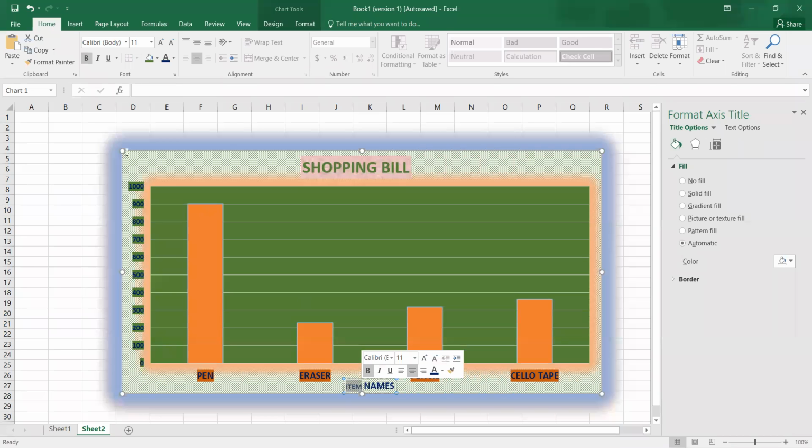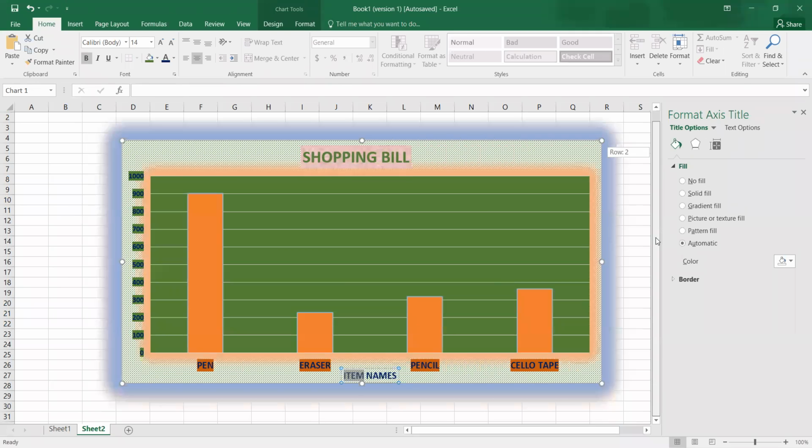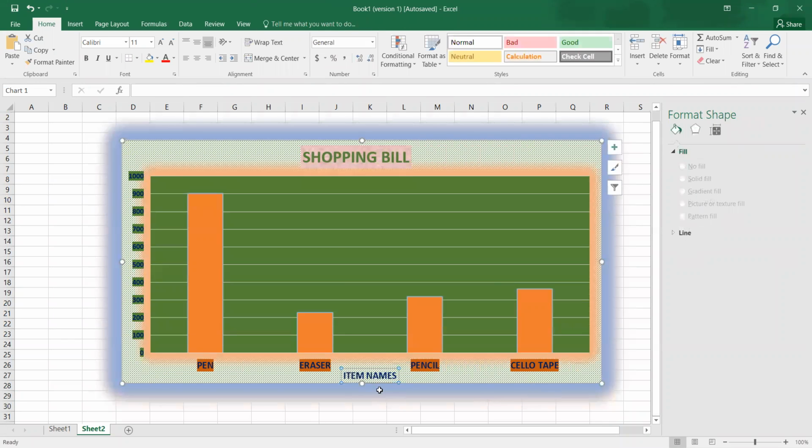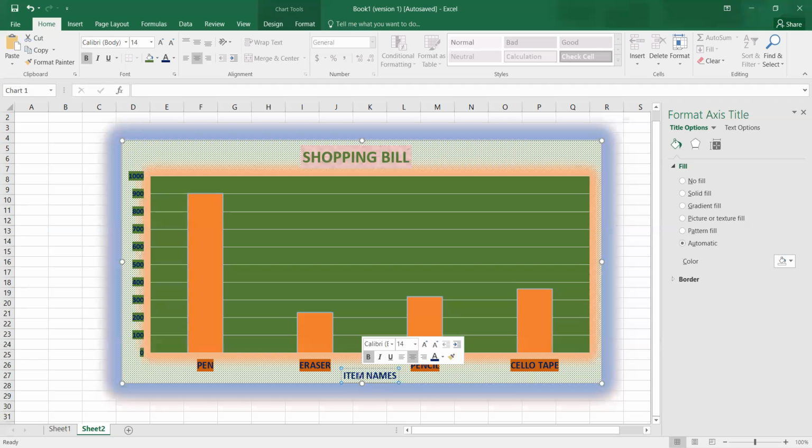This way you can format it. And then you can give a fill effect to it. So you can see na, format axis title.